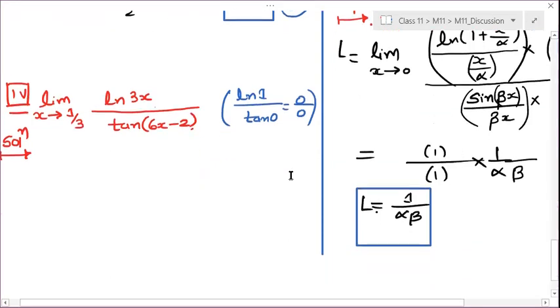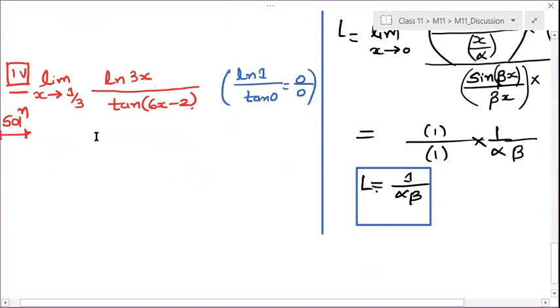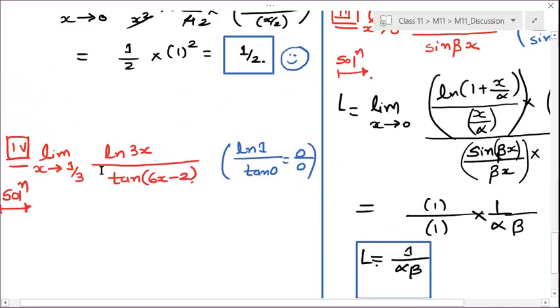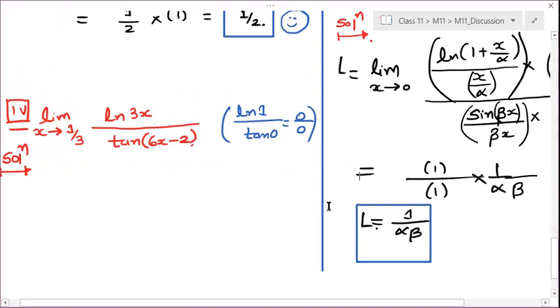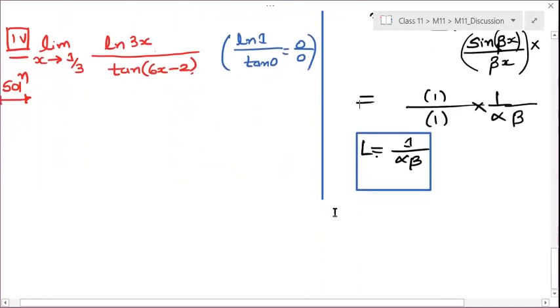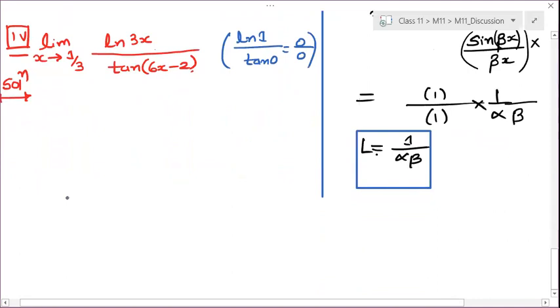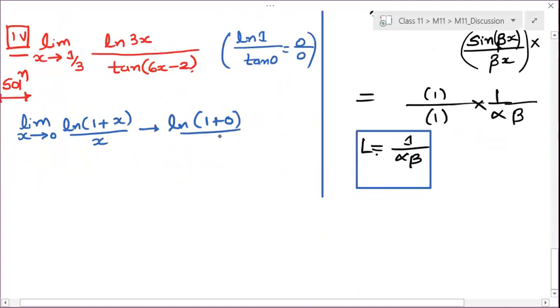Sure. So let us now use for this indeterminate form, what formula we can use? For tan, we can use directly this, right? For tan 0, in its denominator, it should be 0. But for log, it is 1 plus x by x. Remember the formula first. See over here. So for log, our formula is limit x tends to 0, log 1 plus x by x. Right. So it is your log 1 plus 0 by 0 form. Understand this.